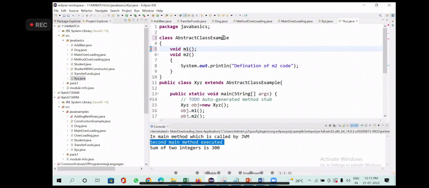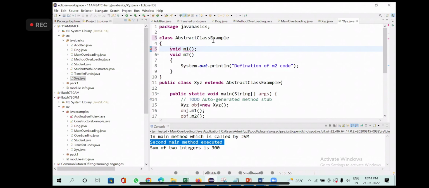Now, an abstract class is a class which contains at least one abstract method. What is an abstract method? One to which no definition is provided. So method 1, is there any definition for method 1? I'm just declaring a method and putting a semicolon, so you are not giving any definition. It means method 1 is an abstract method here, because you are not giving any definition.